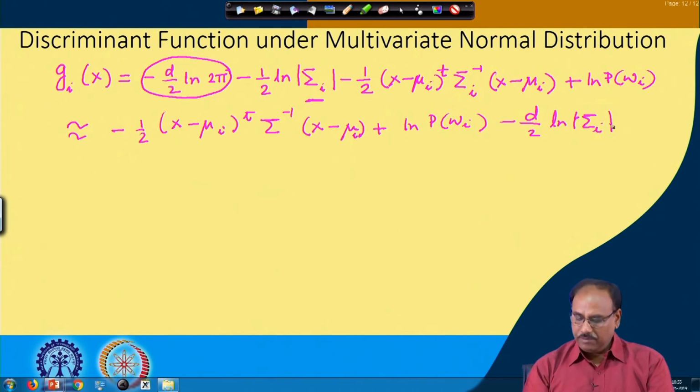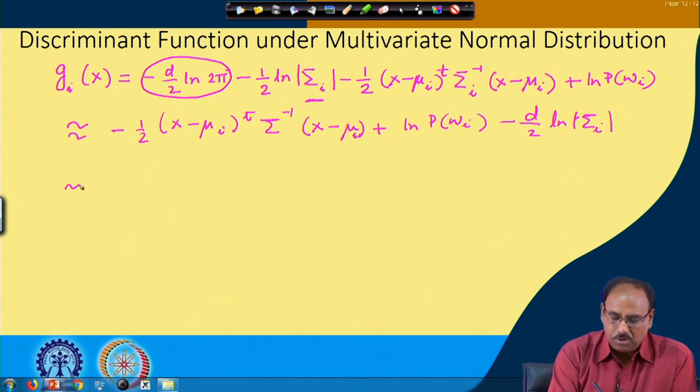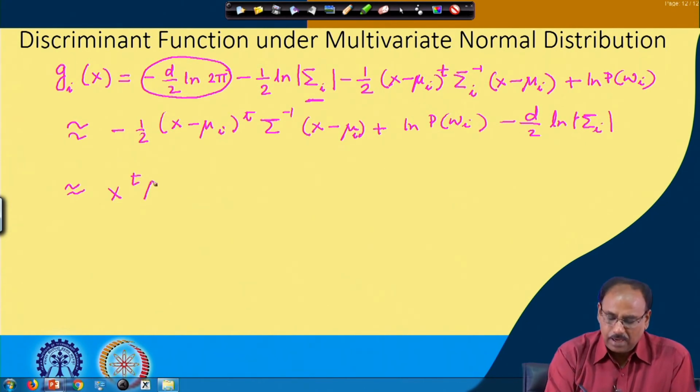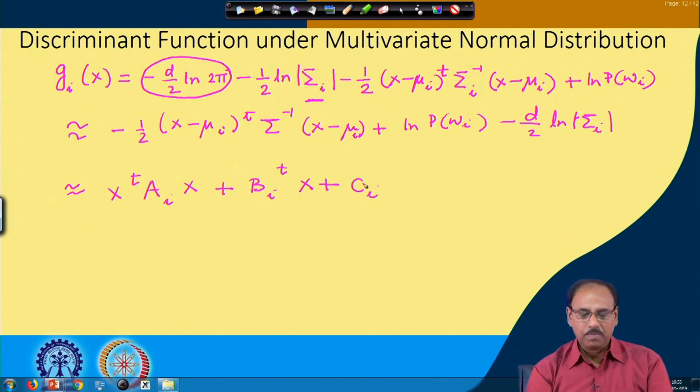Right. So, given this, you find that this expression is of the form x transpose A_i x plus b_i transpose x plus c_i. I can simplify this expression in this form: x transpose A_i x plus b_i transpose x plus c_i. And now, because of the presence of the term x transpose x, if the components are x1, x2, x3 and so on of the feature vector x, I will have